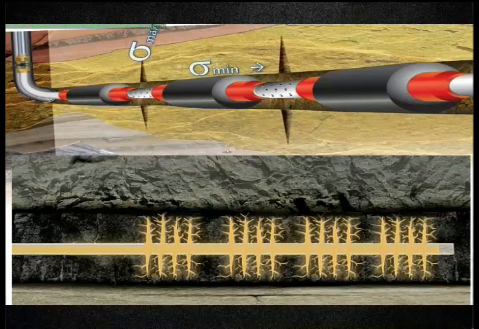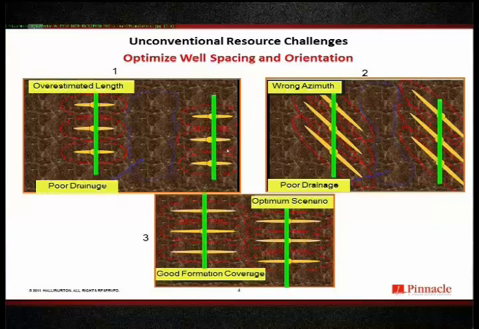The other thing we noticed with the operators in this area is that they're drilling those wells, designated in green, very close to each other so that there's a nice overlap between adjacent stimulation treatments, designated in red ellipses there. You want to avoid the top two scenarios, where you're leaving the majority of the rock unstimulated. Okay? Now